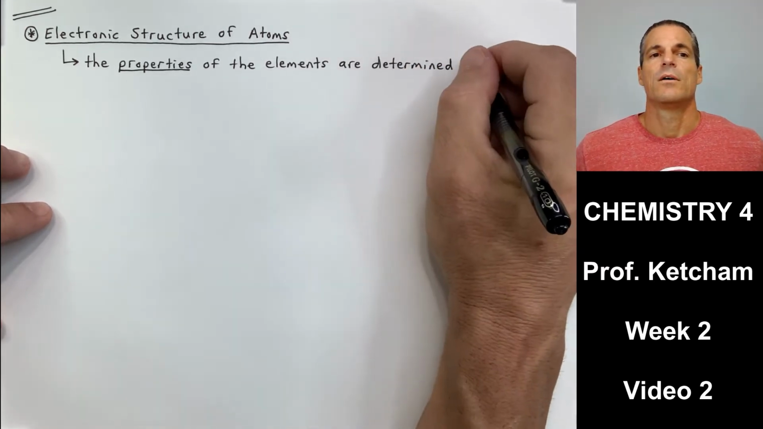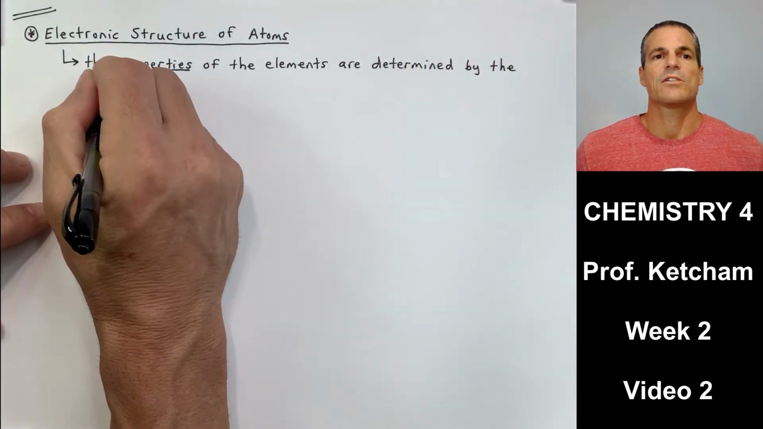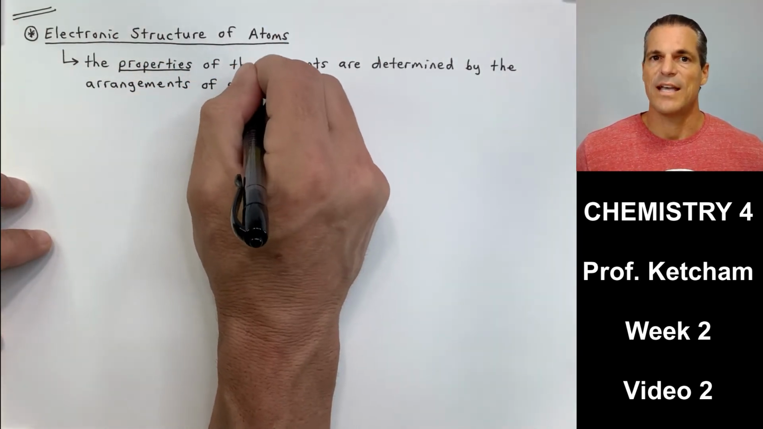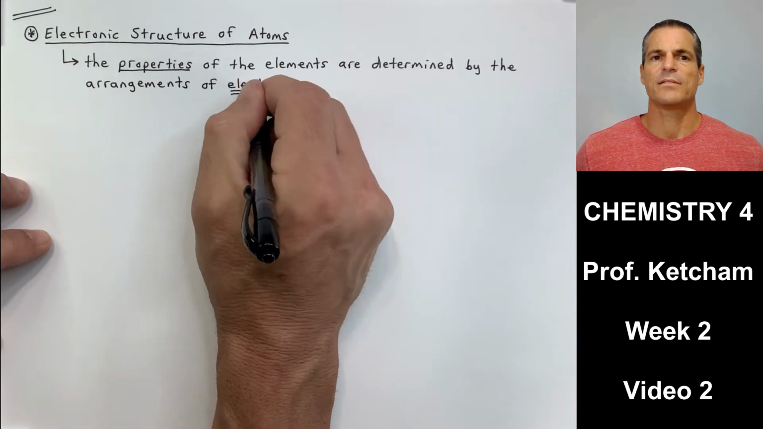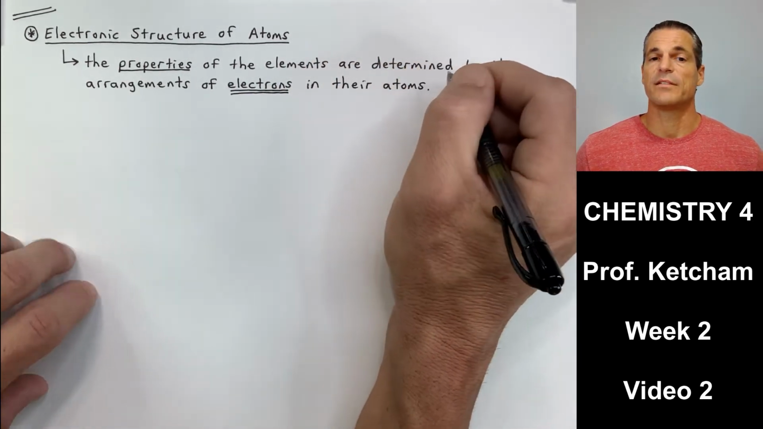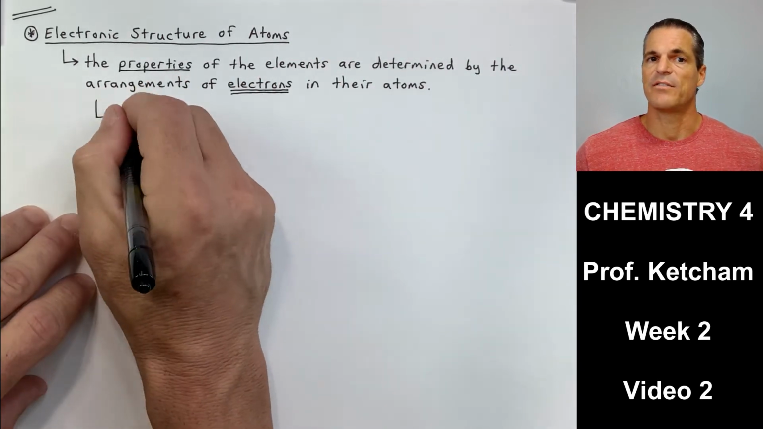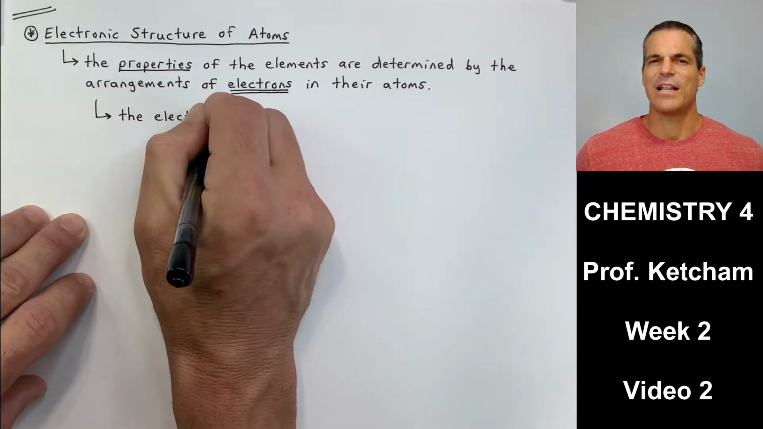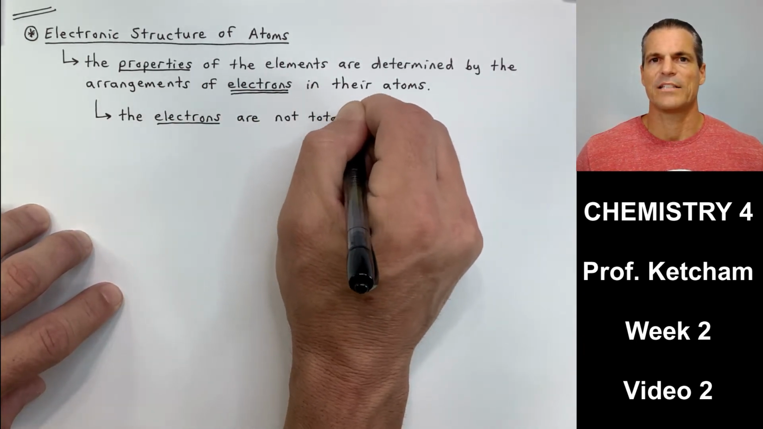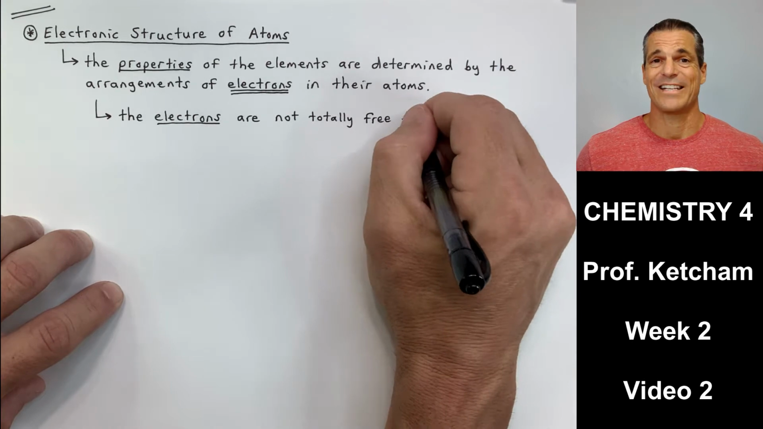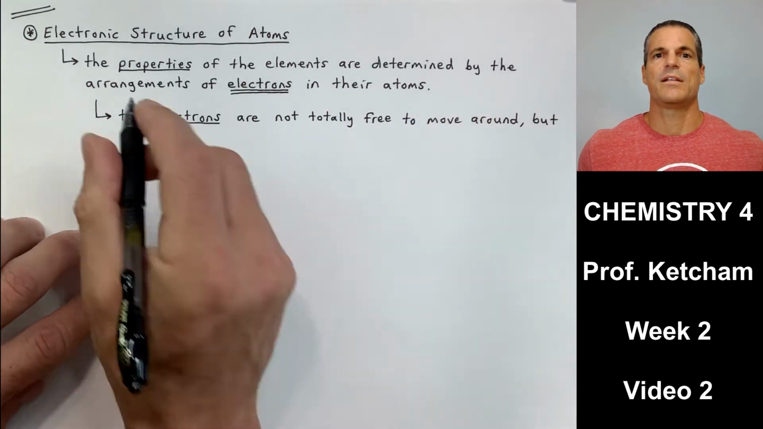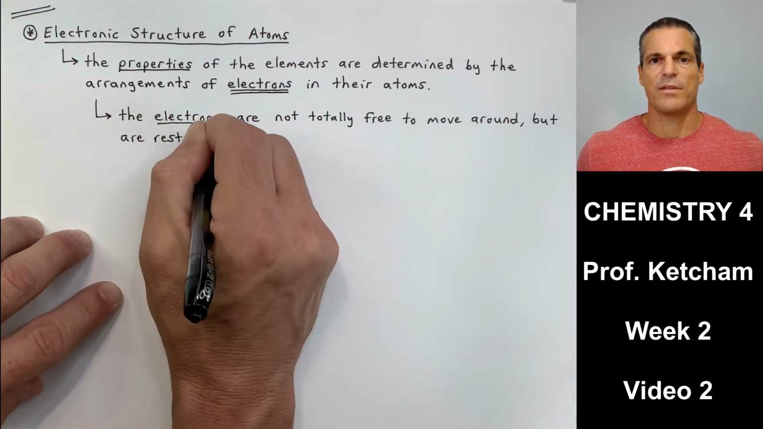Some background first. Electronic structure of atoms: in other words, where are the electrons arranged in the atom? The properties of the elements are determined by the arrangements of electrons in their atoms. It's kind of funny, huh? Because the electrons make up none of the mass. If you remember our last video, electrons are responsible for almost none of the mass. The mass is all nucleus, protons and neutrons,